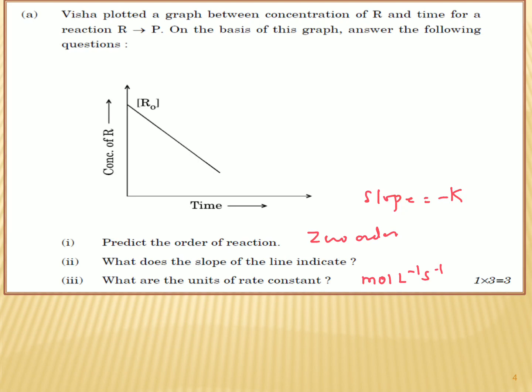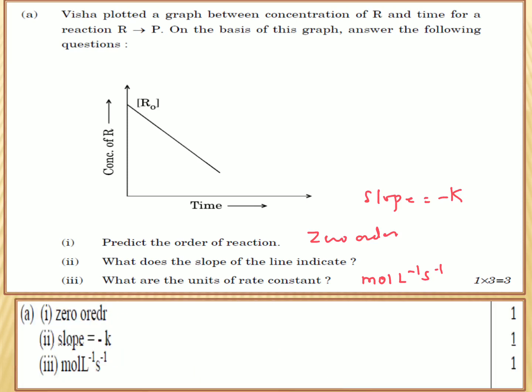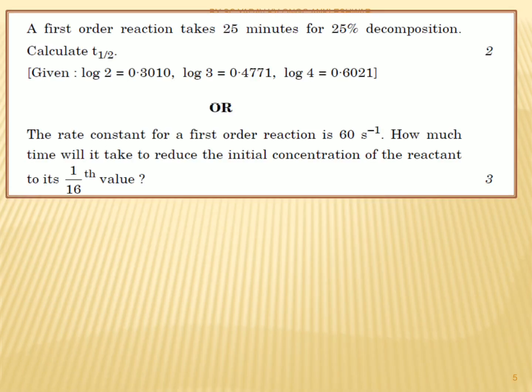So there are three parts of these questions. If you answer these three parts correctly as per the marking scheme given by the CBSE, just see what the marking scheme is. If you write only these three parts in a very short way, you will get 1 mark for each part. Okay, I hope this is clear to all of you.